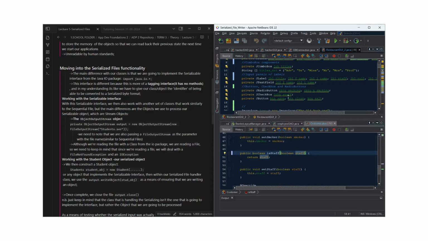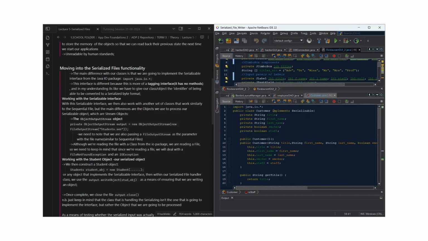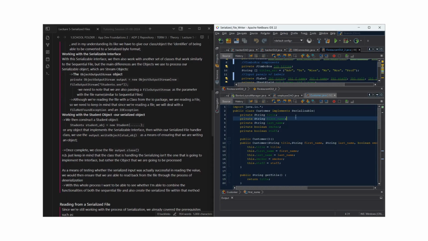So the object itself, I put it over here. Let me just get this right. Scroll up, implement Serializable. What this tells us is that I want my customer class to be able to be read into a serializable, or the classes that conduct the process of serialization practically. So once we do that to our class, we just say implement Serializable. We now go into the process of